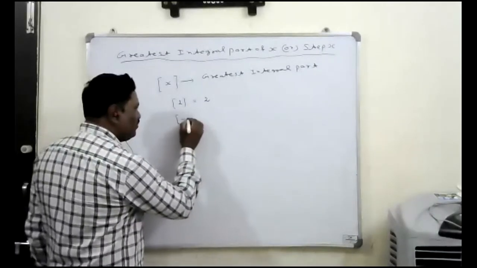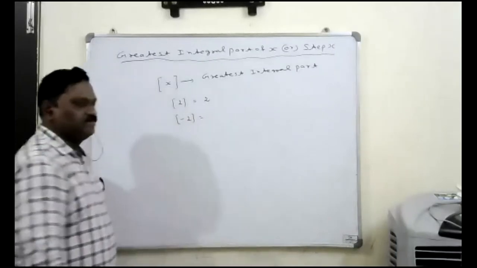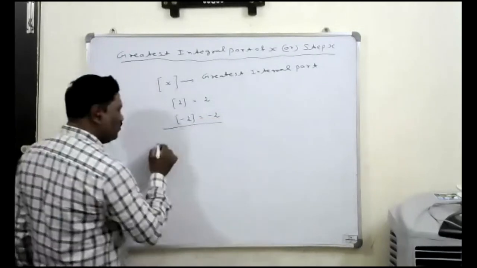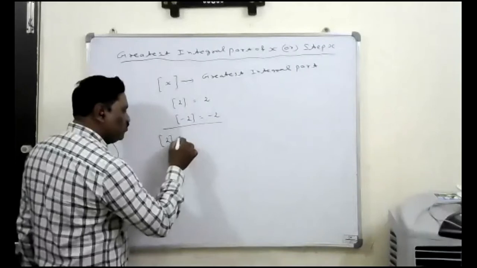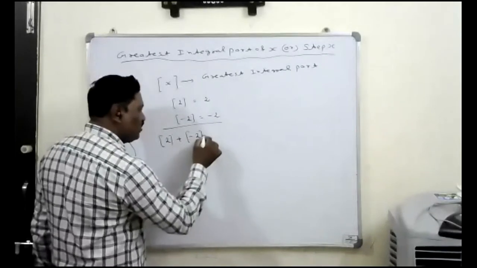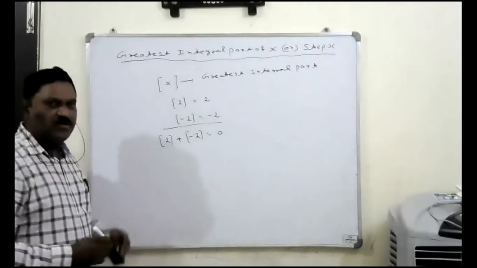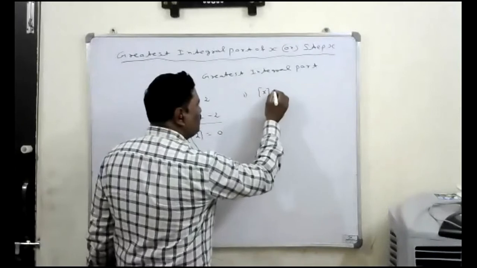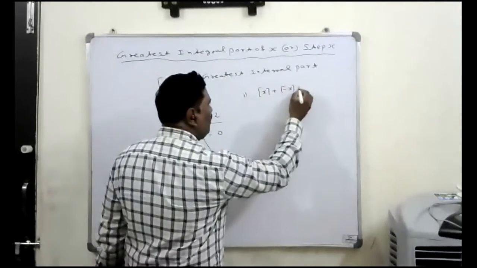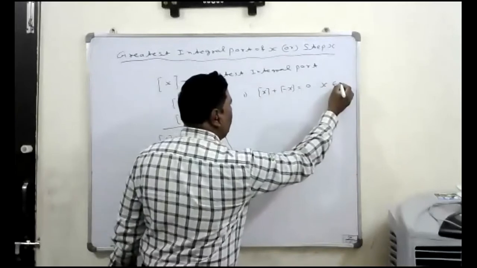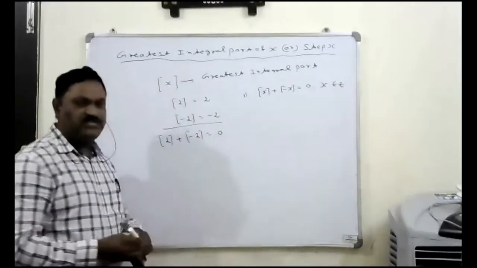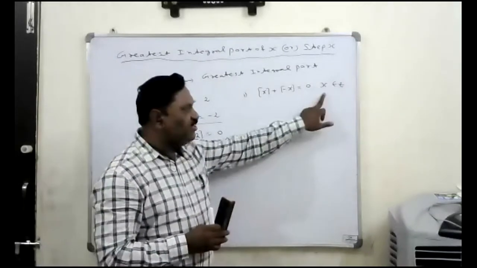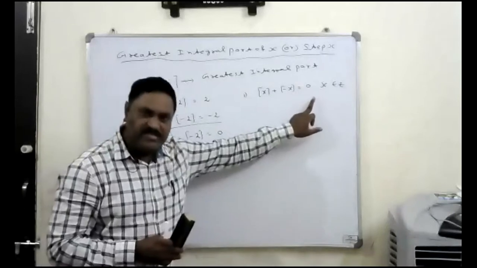Similarly, what is the integral part of minus 2? Minus 2. Okay. ये दोनों भी ऐड किया तो क्या मिलेगा हमको? इंटीग्रल पार्ट ऑफ द 2 प्लस इंटीग्रल पार्ट ऑफ द -2 क्या होता? 0. Right? That's why this is the point we have to remember. So integral part of the x plus integral part of the minus x always 0 if x is an integer. Z or I represent an integer. So if x is an integer, the sum of these two values always 0.